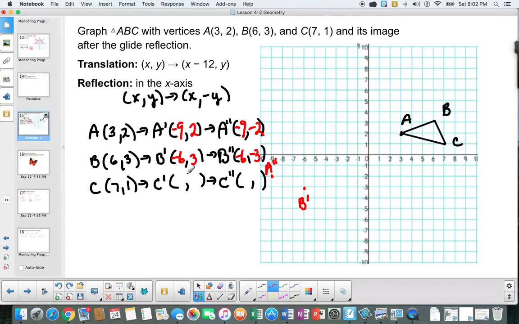For C, I'm going to subtract 12, that's negative 5, 1, and then I'm going to change the sign of the y value for the reflection. So this is negative 5, negative 1, and this is C double prime. It should have been a double prime. Okay, so you get the feeling that it slid over and then it reflected,